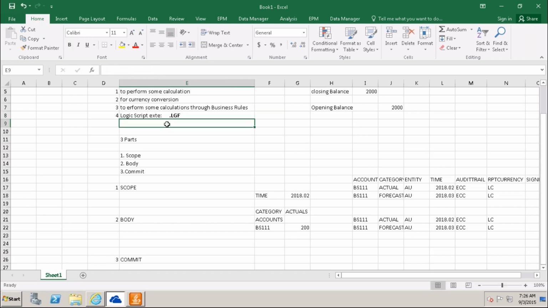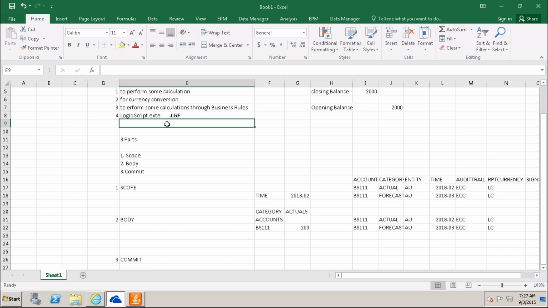When you compile this, I mean when you execute this, the system will automatically convert it into system language, and another system code will generate in the backend. We cannot see that.